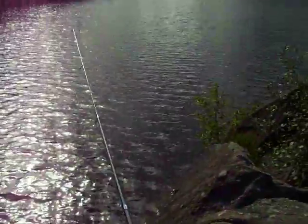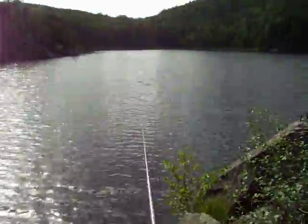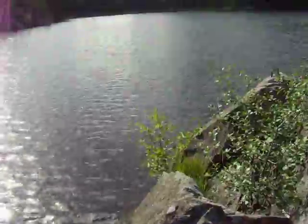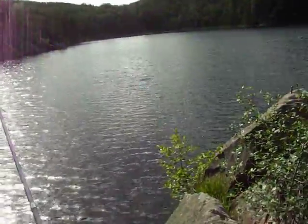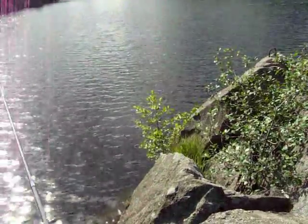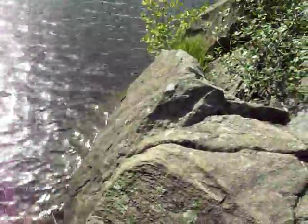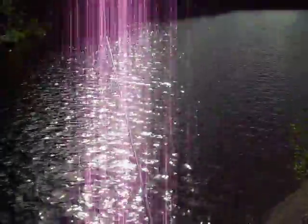Just saw out of the corner of my eye, and it's another reason I know there's trout in here, because the perch don't come to the surface and jump, and I see trout jumping all over the place here, coming to the surface, so you can see their rings. Sometimes they come right out of the water here. There's a patch of weeds right there. Okay, one cast in this direction, and we'll